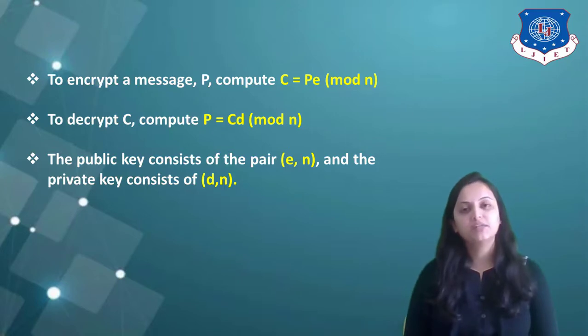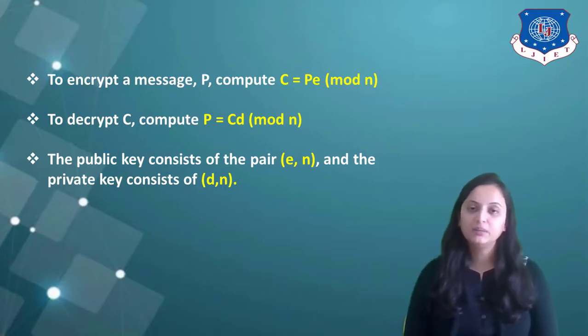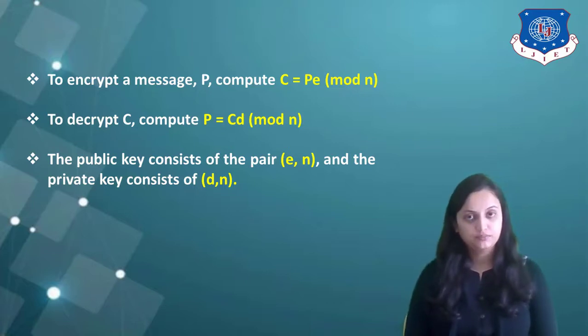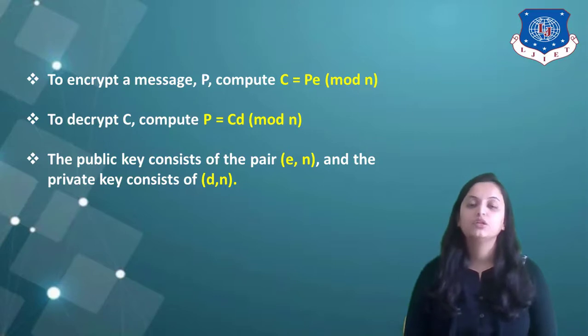You can have examples based on this. That means it may happen that the two prime numbers are given to you. Based on these prime numbers, you need to find the ciphertext and plain text by following the steps given above. And according to that, you need to obtain the public key and private key, or it may happen that they are already given to you. Okay? So practice such examples.